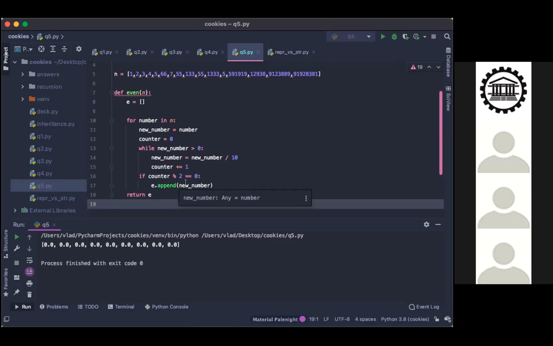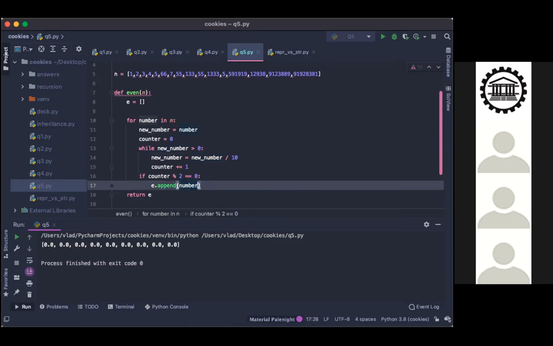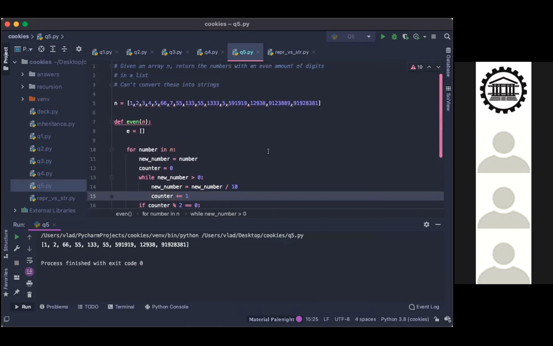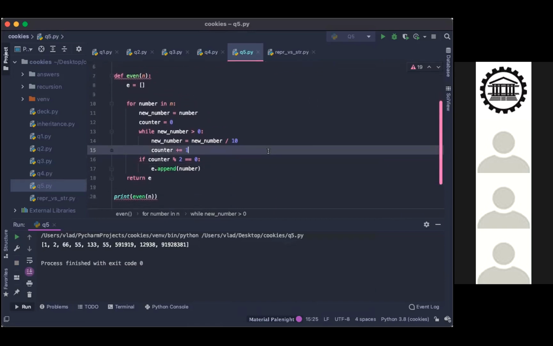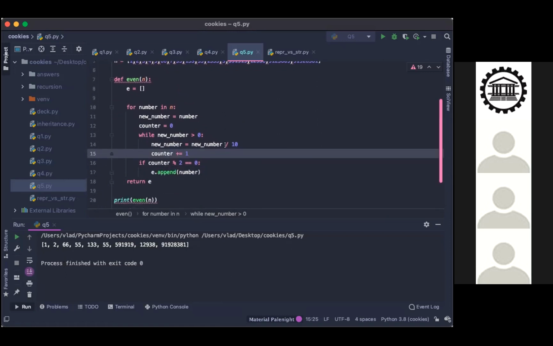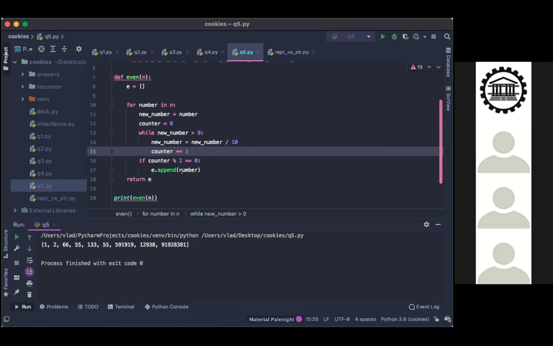Append number. Okay, try that. And I noticed that issue as well, since it's returning those ones as well, the one-digit ones, 1 and 2 and even the 133 as well.